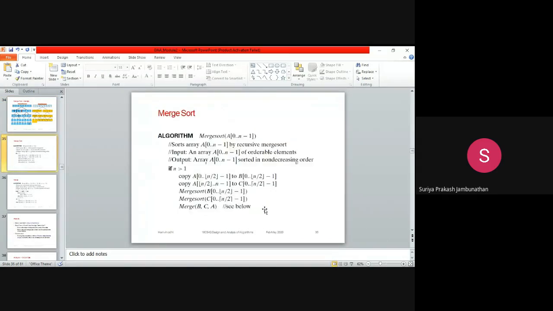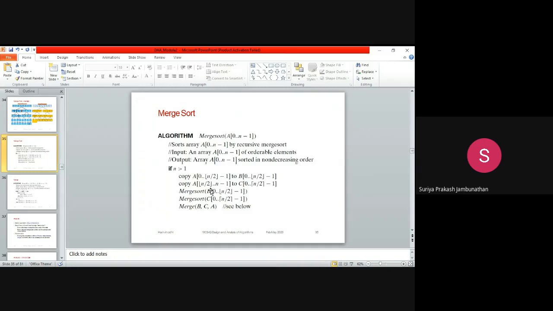The output is in sorted, incremental order, that is, non-descending order. So the output of our program is array A of 0 to n minus 1, formed as a sorted array in incremental order.